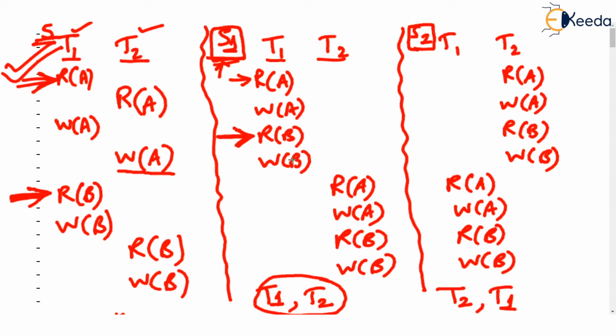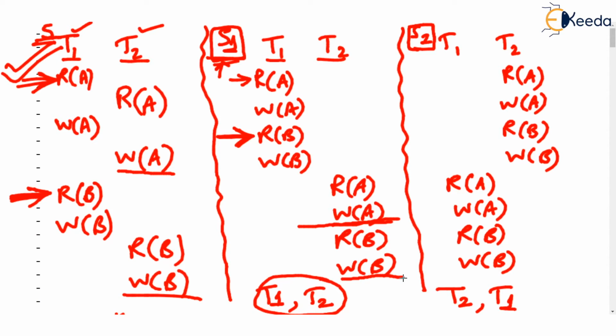Same thing should happen in the serial schedule, correct? Yes, the final write on A over here is in T2. Check that, I am underlining that write A operation. So in both S and S1, that is concurrent schedule S and serial schedule S1, final write of A are matching. Let's see second data item B. Who is writing B last in this concurrent schedule S? T2 is writing B. After this, there is no write on B. And the same thing is happening in the serial schedule. Write B is getting done last by T2.